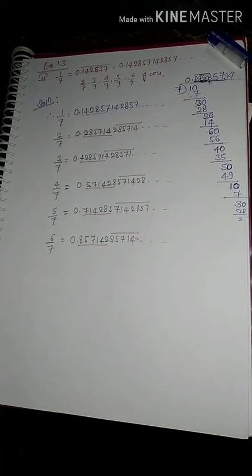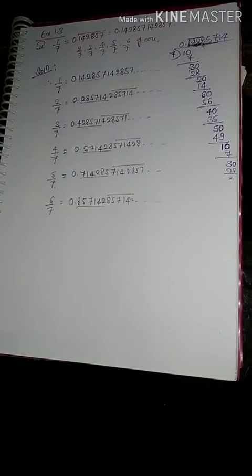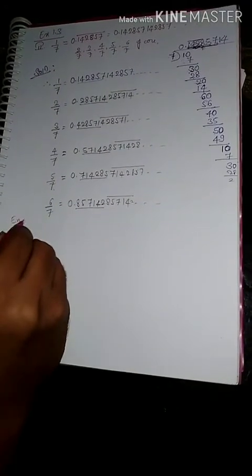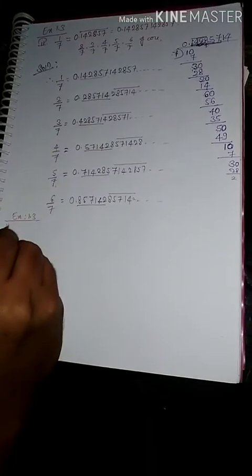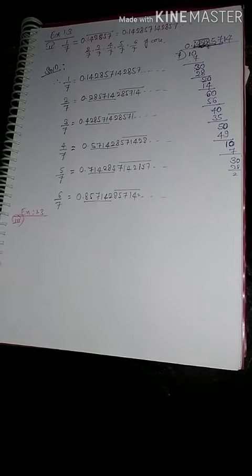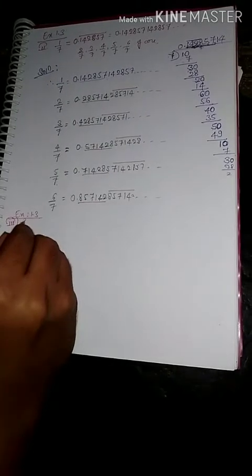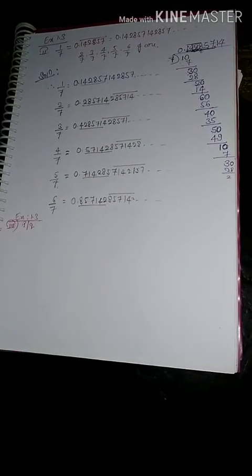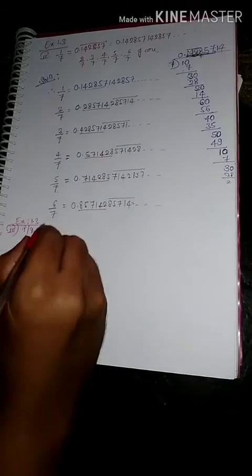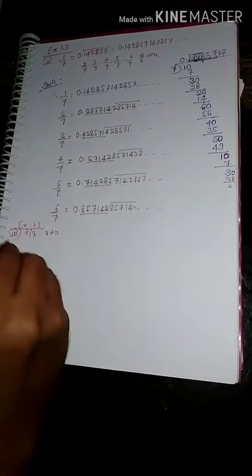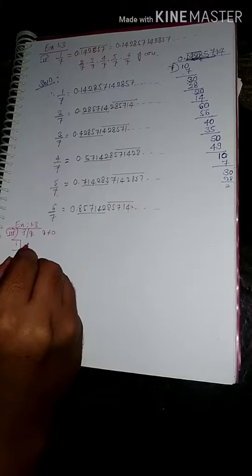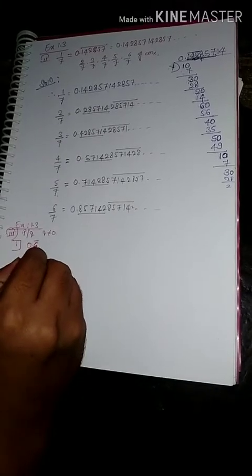Hence it is the decimal expansion without doing the long division method. So students, next exercise number 1.3, third main. Express the following numbers in the form of P upon Q, where P and Q are integers and Q is not equal to 0. So the first question is 0.6 with a bar over it.